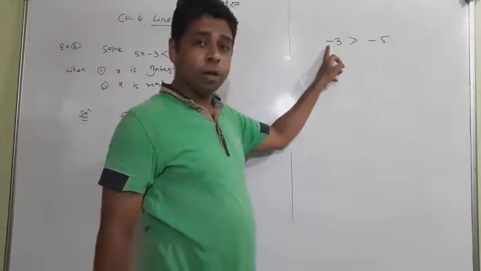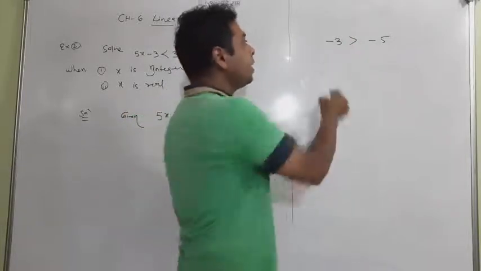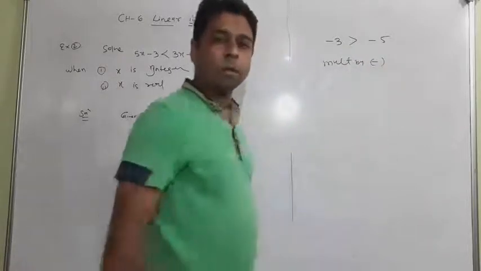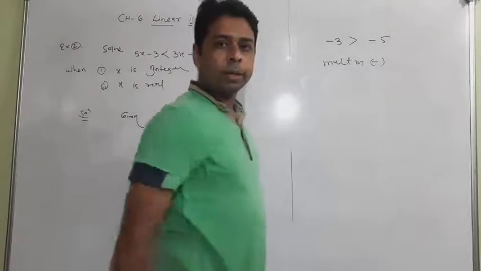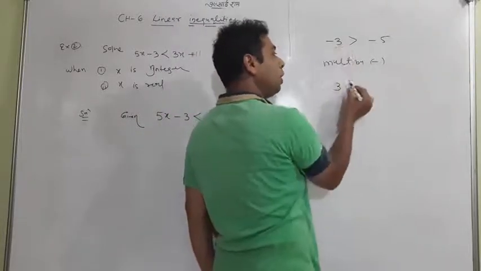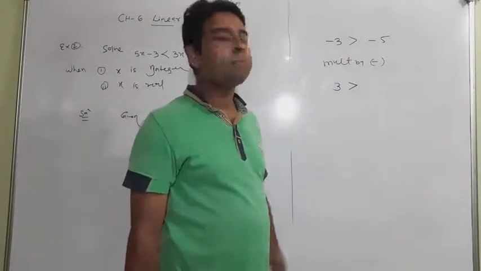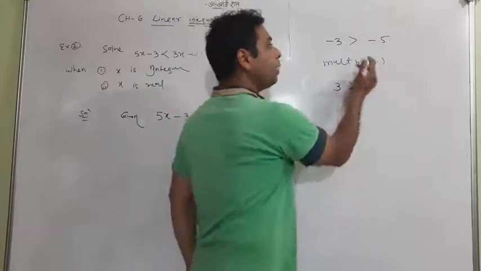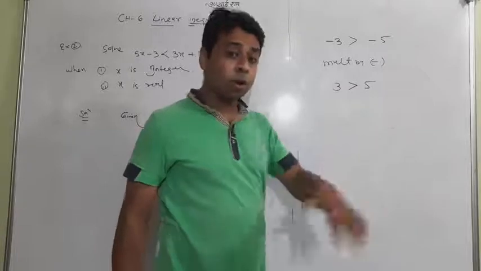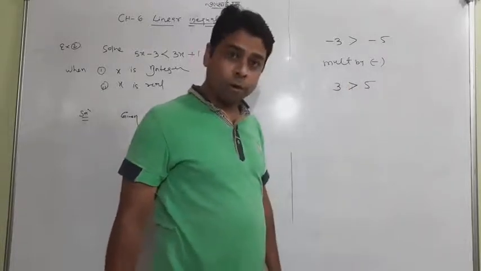You all know which is greater. But this is a case of inequality. When I say multiply by a minus sign, or cancel minus to minus, it is not so easy. When you multiply by a minus sign, this is going to be 3, and if you keep the same symbol and write it like that, it's going to be wrong. 3 greater than 5 is wrong, meaning that symbol is wrong, fix it there.